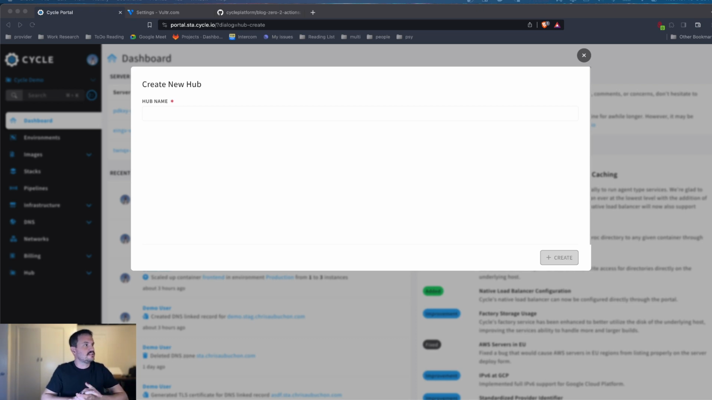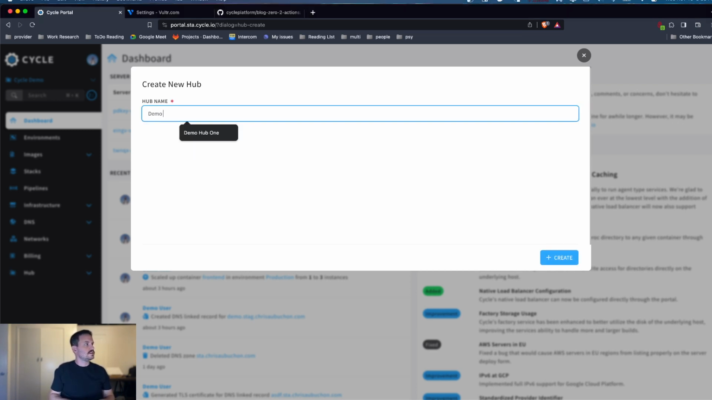Today we're going to dive into creating a hub all the way through deploying a container and then redeploying that through GitHub Actions. To get started, we can create a hub. We'll just call this Demo Hub Redeploy